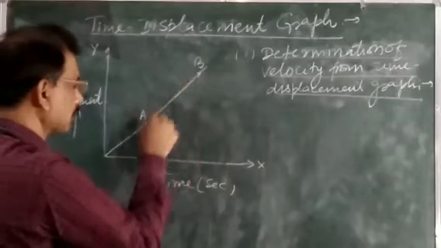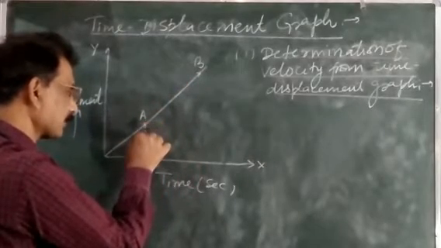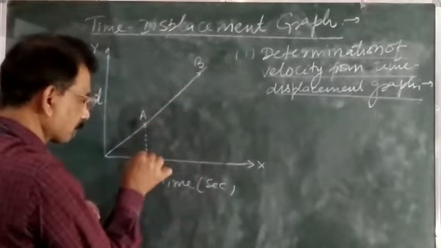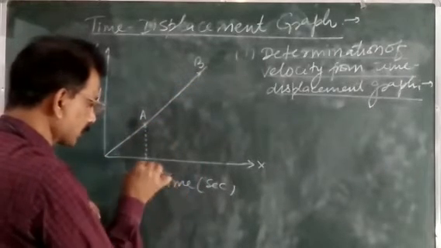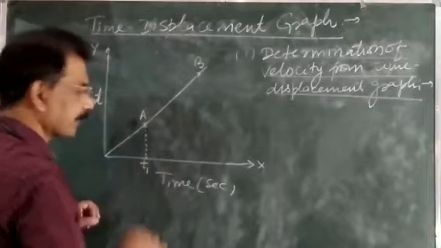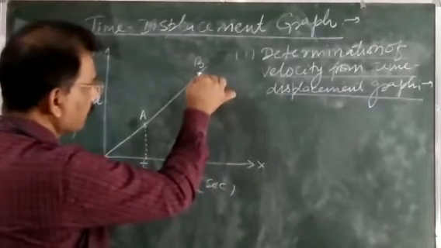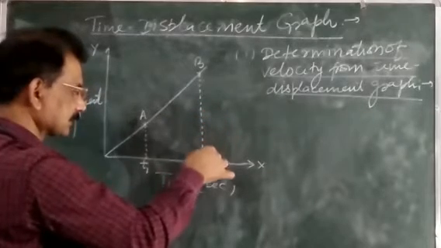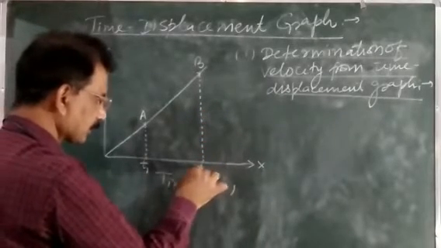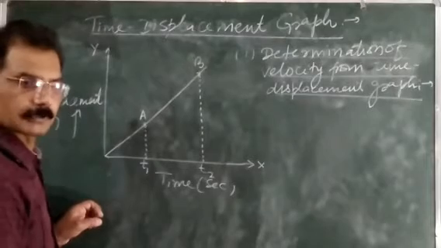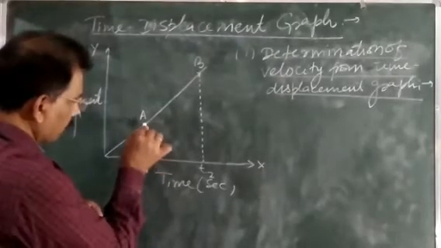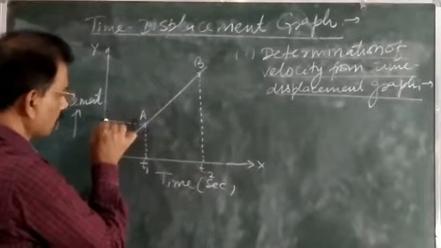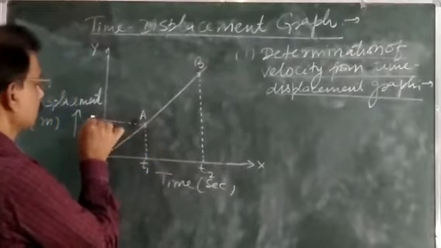इन दोनों पॉइंट से पहले एक परपेंडिकुलर ड्रॉ कर दीजिए किस एक्सिस पे? x एक्सिस पे। और देखिए यहाँ से परपेंडिकुलर ड्रॉप करने पे ये इसको कहाँ कट किया? मान लो यहाँ पे T1 करते हैं। And again we drop the perpendicular from point B on the x-axis, और इसको कहाँ कट किया? x-axis पे T2 करते हैं। Again we drop the perpendicular from point A on the y-axis, इसको यहाँ से ऊपर, और मान लो ये कहाँ कट किया? इसको S1 पे।